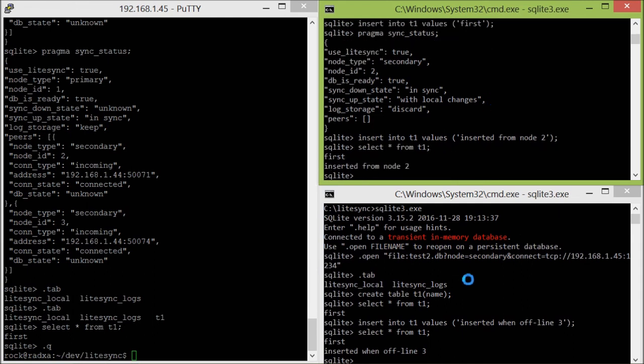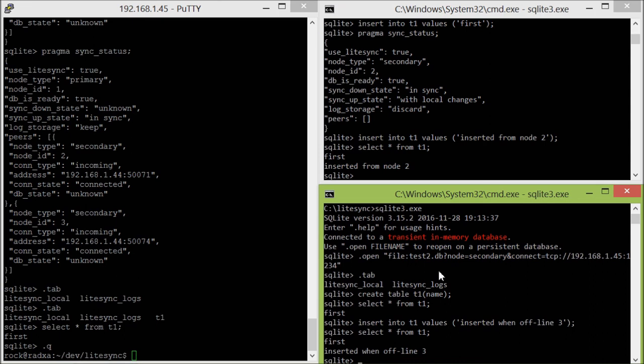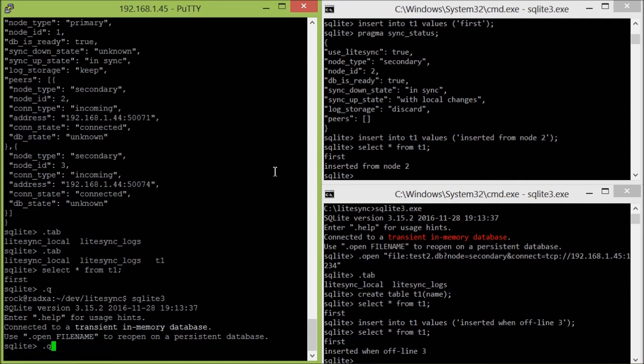If we list the rows that are in this table, we see that here in this database we have this record that was inserted only here, and in this one we have this record that was inserted only here. They are not connected to each other because we are using a star topology, and they need the primary node to be open. So we will open the primary node,